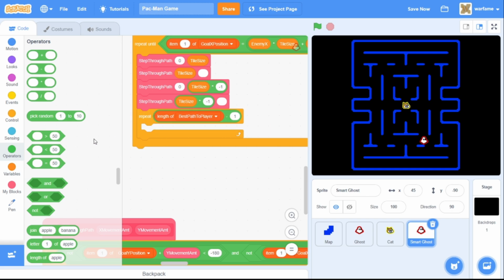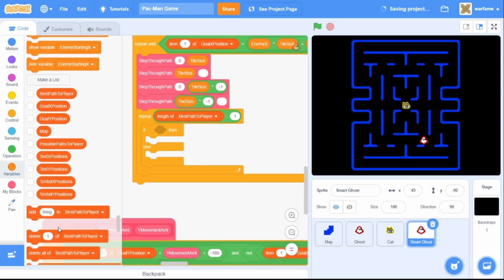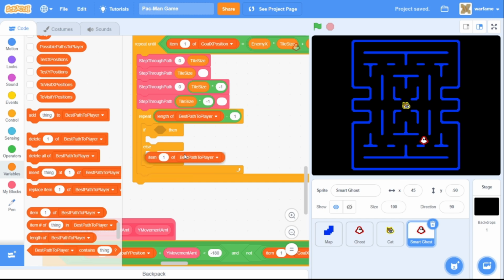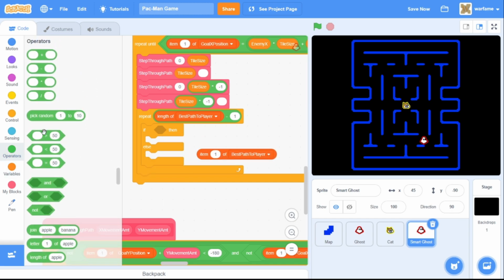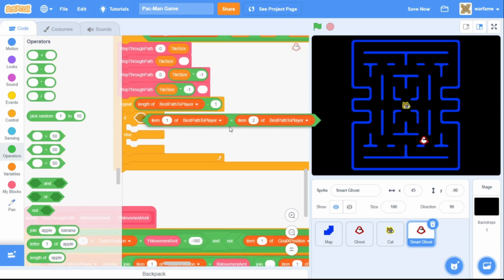So inside of here, let's grab an if else and check if item 1 of best path to player is shorter or lesser than the second item of best path to player,